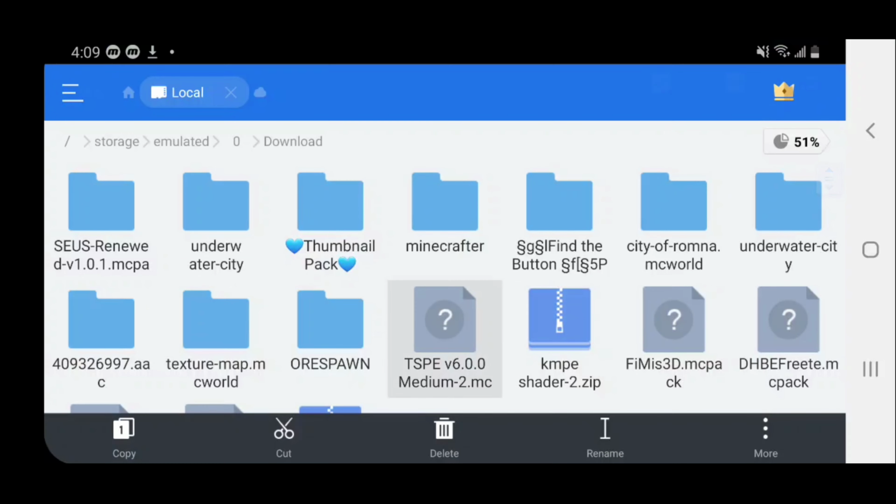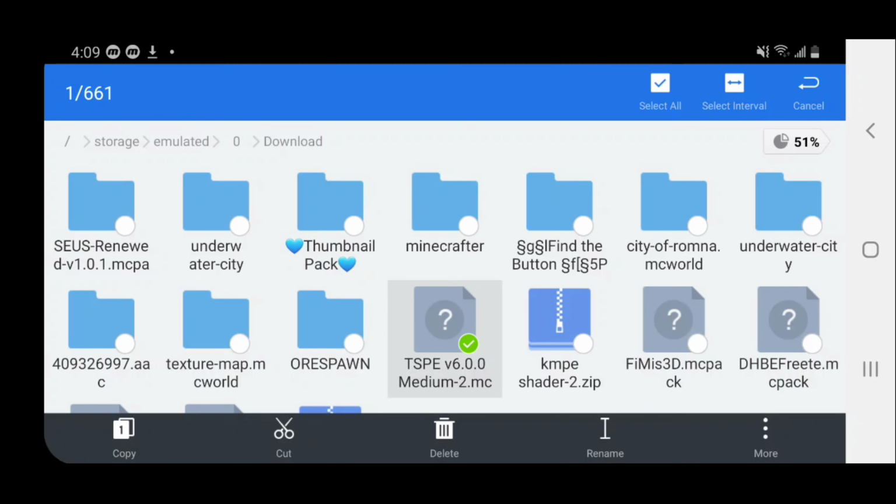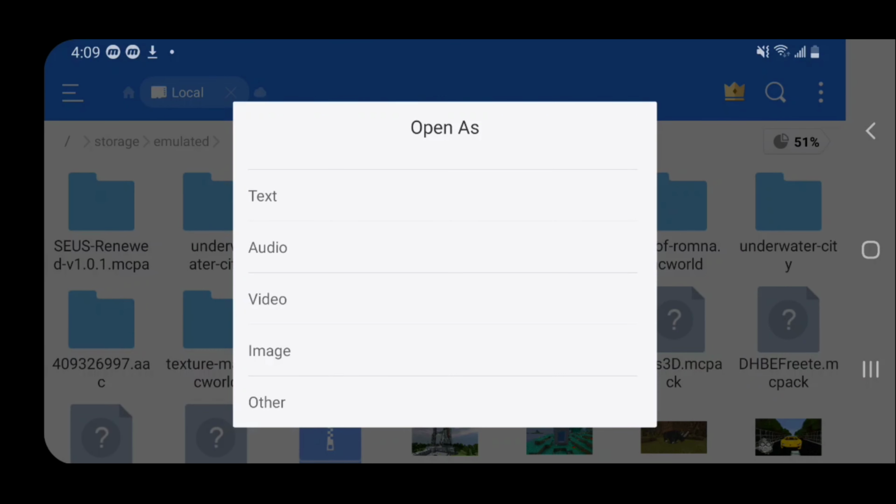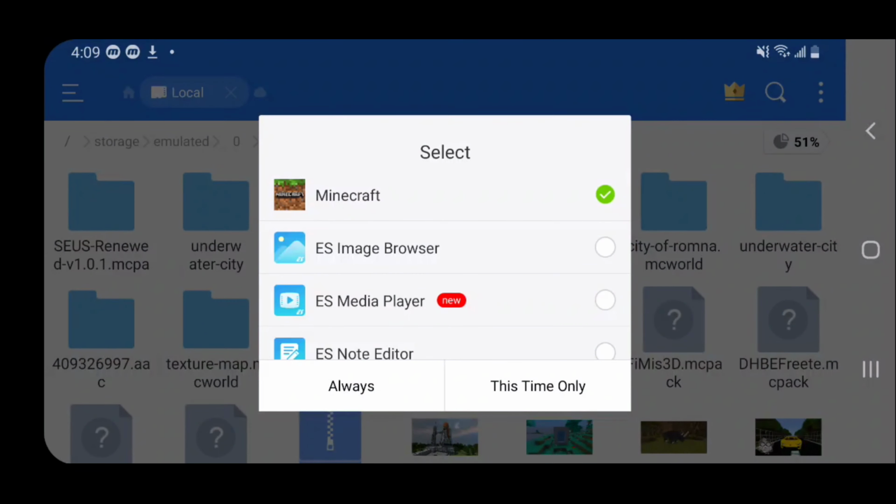And if you have this little paper over here with a question mark, that is how you know you have an MC pack file, and that is exactly what you want. Next thing you want to do is go to the three buttons where it says more, then go to open as, and then simply hit on other and search for Minecraft. And once you find Minecraft, hit on this time only or always, it doesn't really matter. I'm just going to hit on this time only for the purposes of this video, and it will boot up